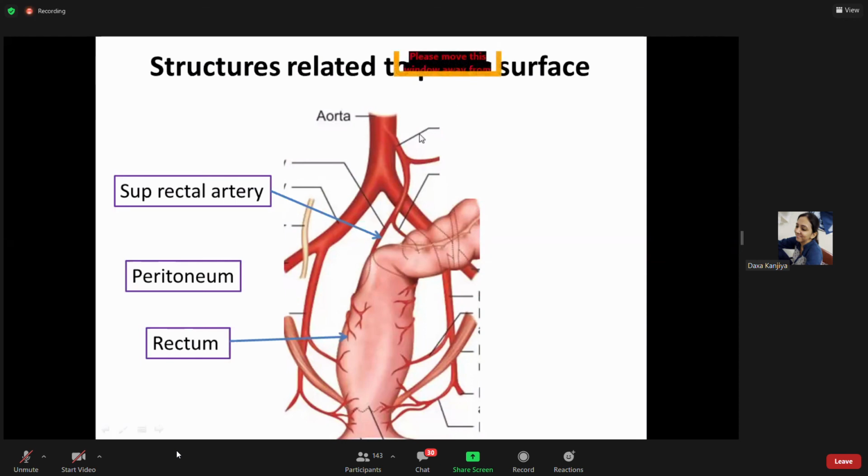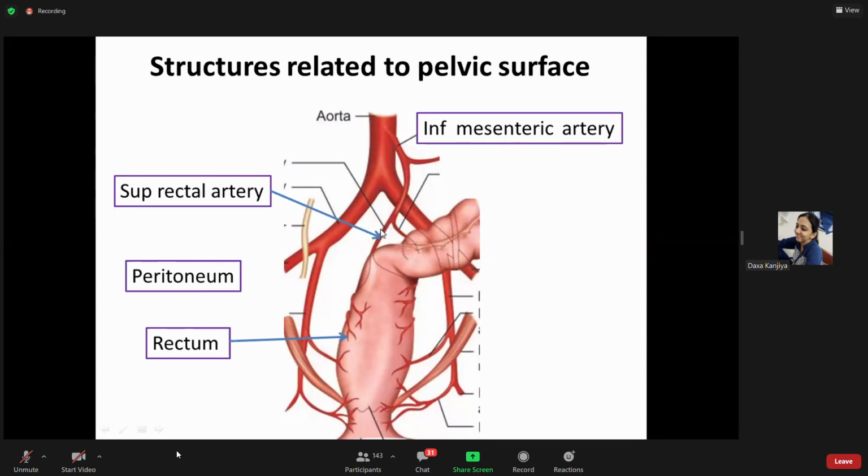Okay, so the artery coming from the abdominal aorta is the inferior mesenteric artery, which you will learn in the next lecture. This is the inferior mesenteric artery, and it gives one terminal branch, that is the superior rectal artery. So the superior rectal artery is the terminal branch of the inferior mesenteric artery, ultimately coming from the abdominal aorta. And it divides into two branches on the posterior aspects of the rectum. So the bifurcation of the superior rectal artery lies between the rectum and the lower 2 pieces of the sacrum.